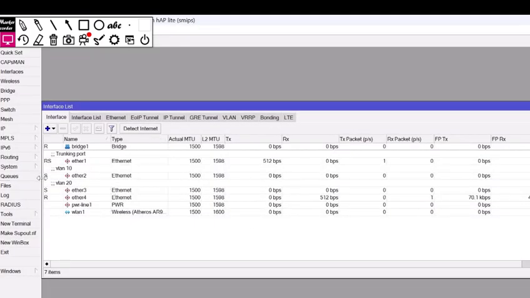We use Ether 3 and Ether 4, because Ether 3 and Ether 2 are used for hosts, and Ether 1 is connected to a trunk.